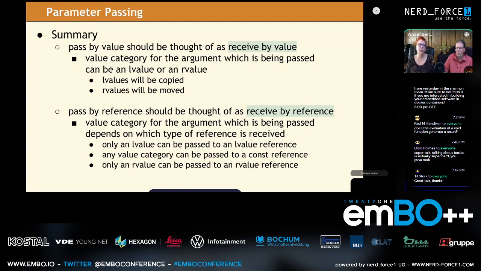We do want to keep it simple, but I think these charts are what are going to allow us to reason through the code, because there are times I want you to change that pointer or I want you to be able to change that data. And this is what allows you to decide what is it the user is going to send me? What do I want to receive? And it's got to be decided on a per case basis.